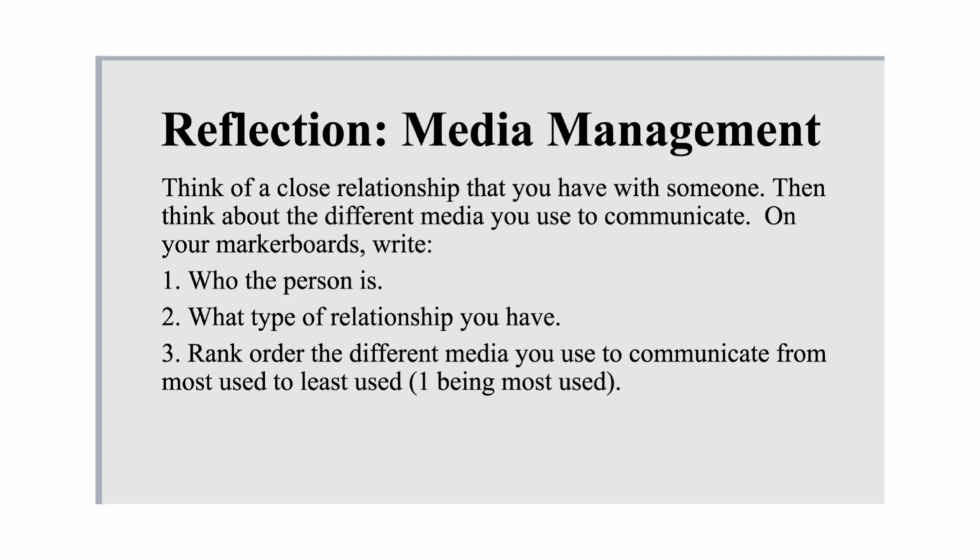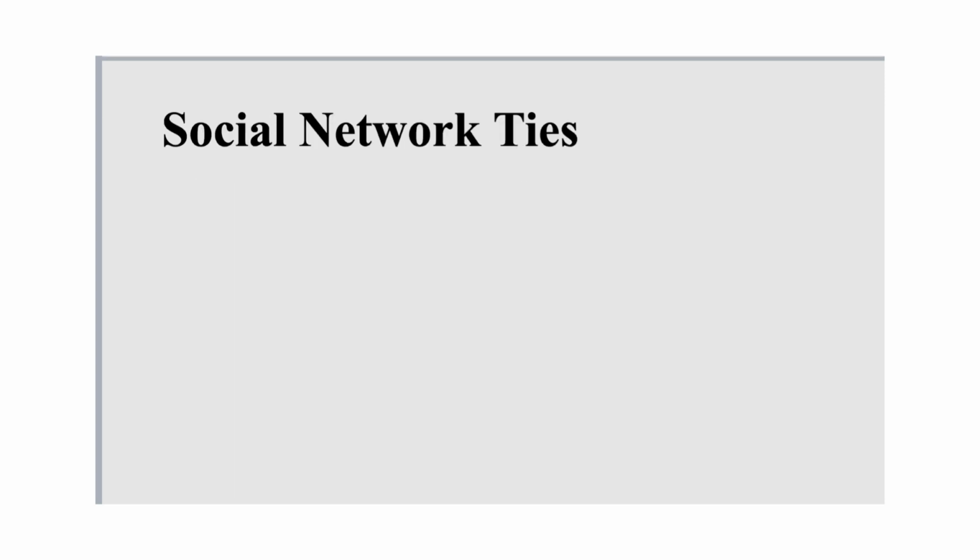This is how our relationships develop. It's not just through talking, but also finding these other ways to connect and relate to each other through the affordances of media. Now, media multiplexity theory has a set of terms associated with it. The first is tie strength. Media multiplexity theory takes a social network approach to relationships.